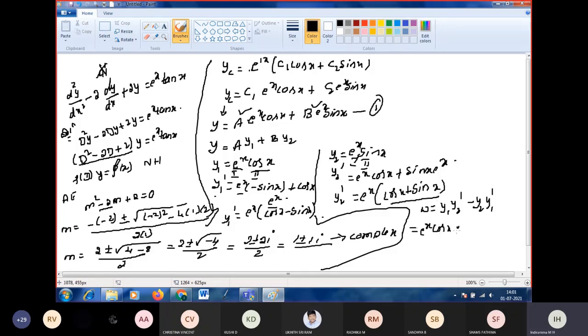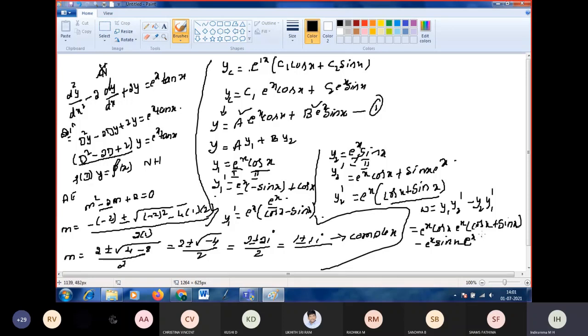This is Y2 dash, e power x into cos x plus sin x. Substitute the values we have for y1, y2 and y1 dash, y2 dash here. Minus y2, y2 we have as e power x sin x, and y1 dash is